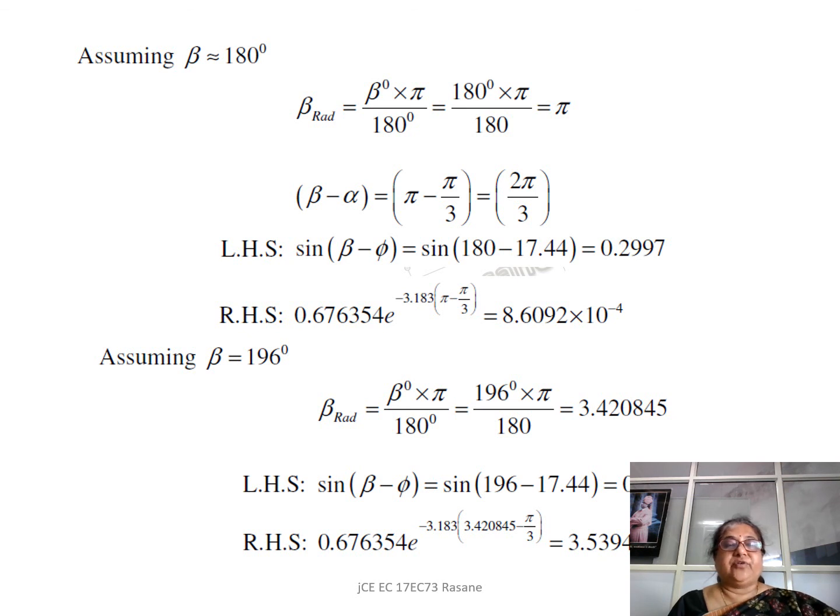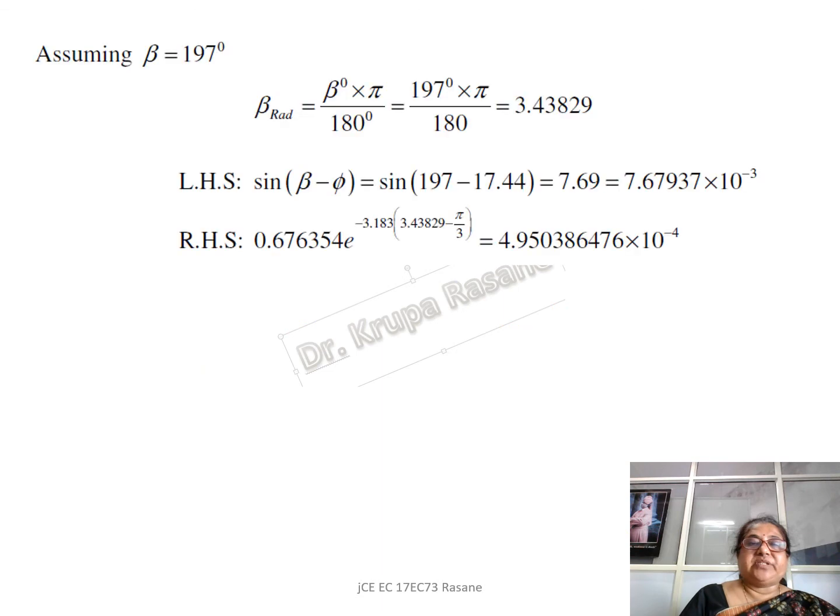Next, so I've done the calculation for less than 190. Now I'll take beta as 196. Like that, it's an iterative process. You have to keep looking at whether the left hand side is greater than the right hand side, and if not, you can go to a lesser value of beta or a more value of beta. So substitute likewise for 196. Look into the left hand side and the right hand side evaluation and decide whether your value should be increased.